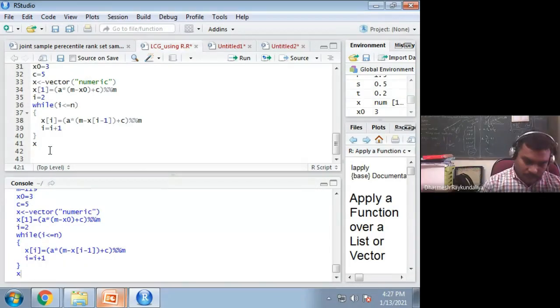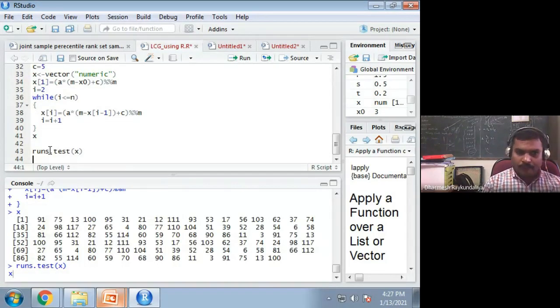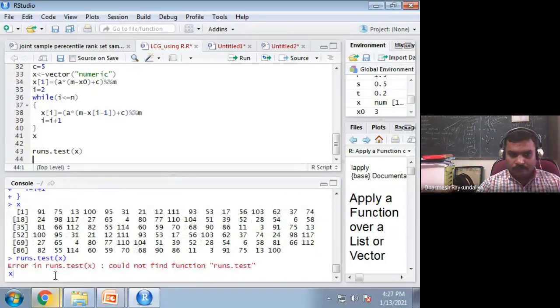Which test are we performing? The runs test. And when we perform it, what happens? It is giving errors. Why? Because the library or the package is not loaded.